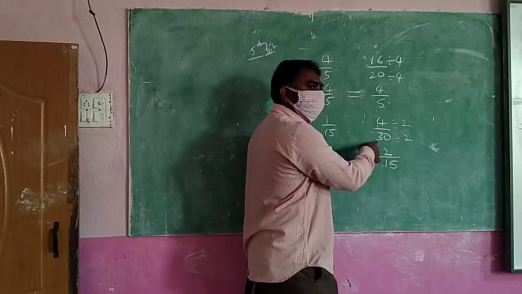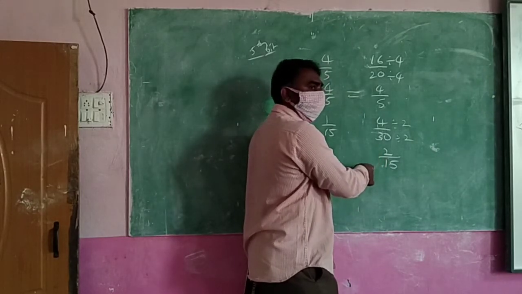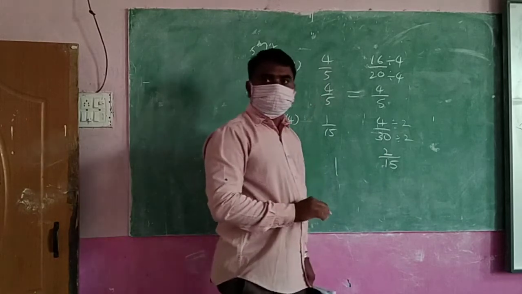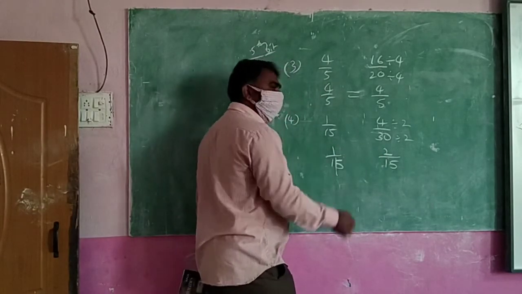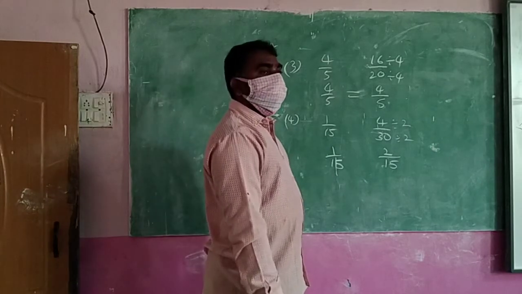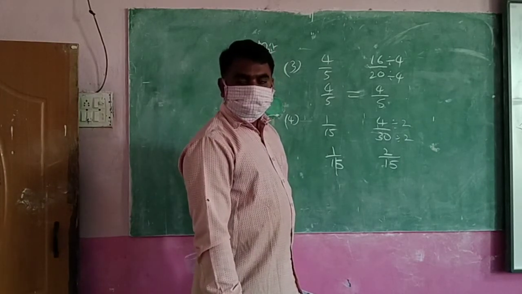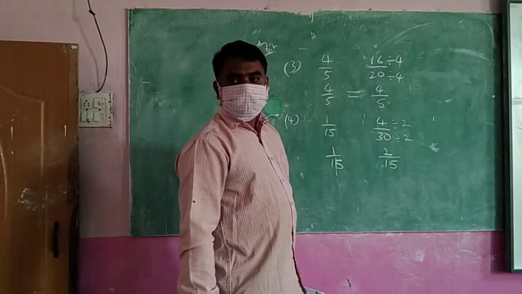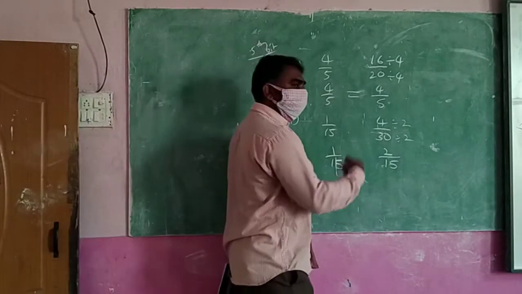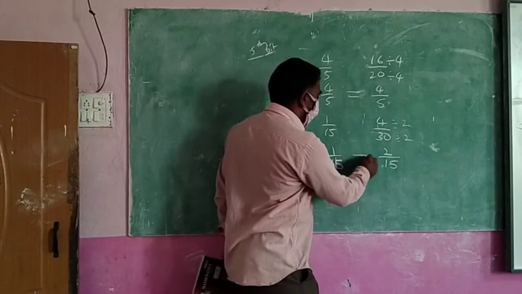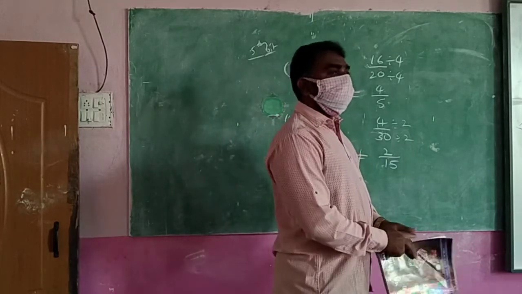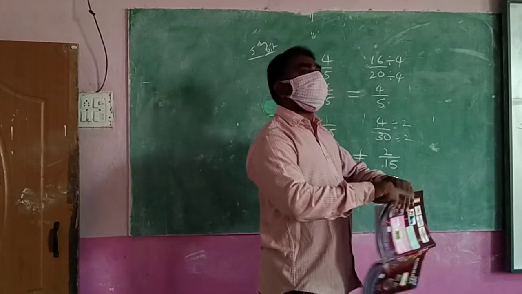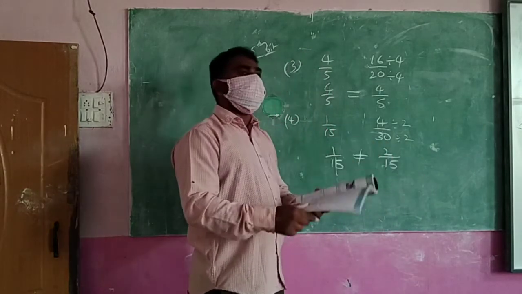Is there any other choice in it? No. 2 and 15 comes in any other table? No. This is what, 1 by 15. Are they equal? Not size equal, girl. Fractions equal. 1 by 15, 2 by 15, are they equal? No, they are not. You understand? So what do you do in this problem? If you can change it, I am saying, if you can change it, change.